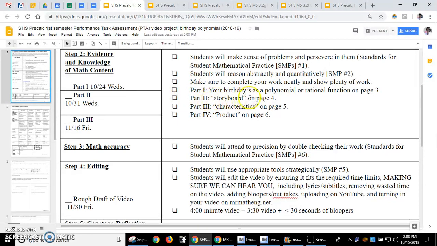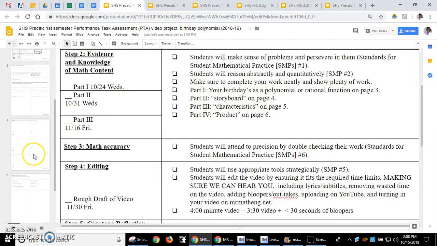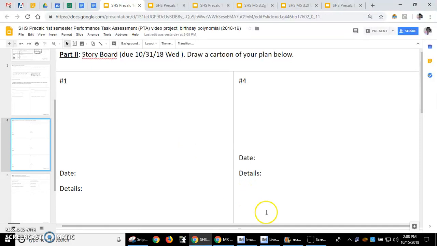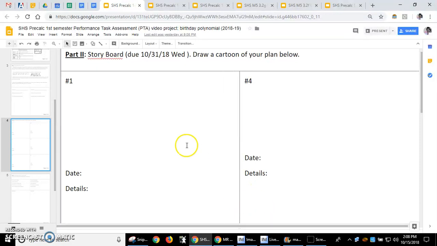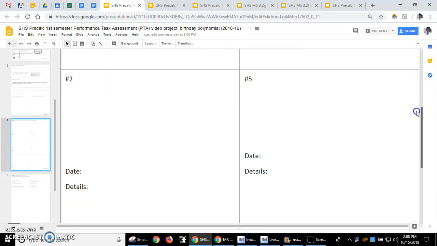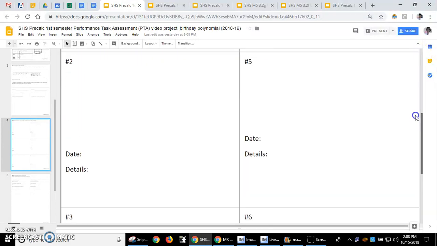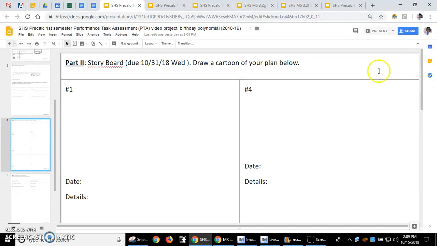Part 2, storyboard on page 4. So what you guys need to do is here on page 4, you'll need to create a storyboard. So there are 6 boxes. And it's kind of like a stick figure cartoon, you drawing it out, what you think you need to do by that date. So for example,